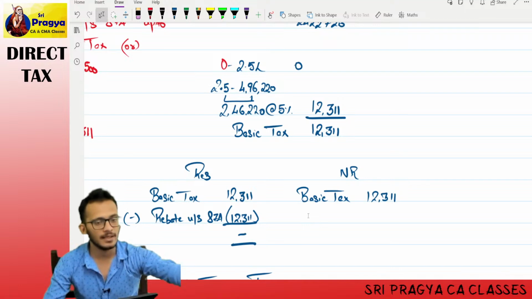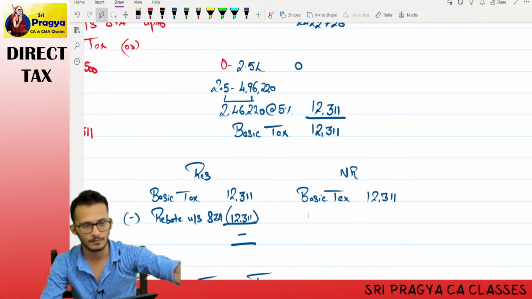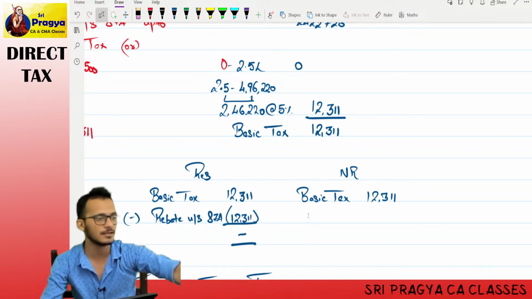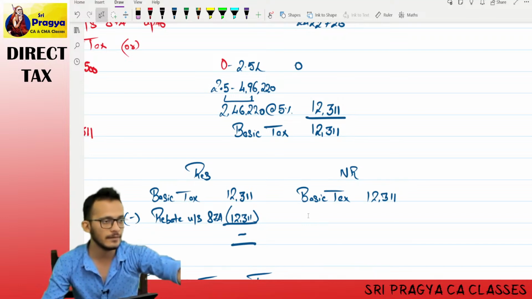In future, when you see that a poor person is also paying tax, 4% will come on that tax. Right now the tax is 0, therefore it is not coming. In future, you will find scenarios where even the poor will pay tax. There will be some scenarios. That time we will discuss it. Okay.